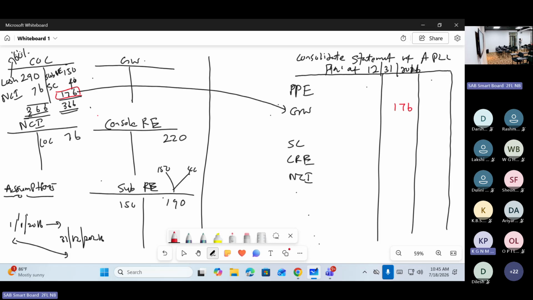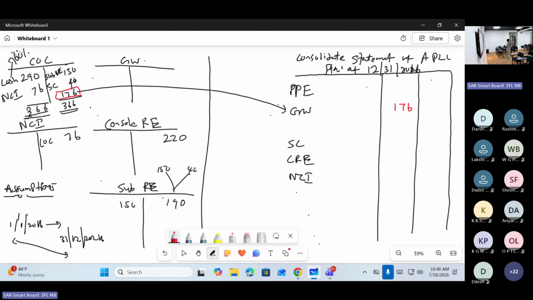Sir, can you please repeat how to calculate NCI 76? Here, the examiner is silent about the NCI value. Right? The question is silent about NCI fair value. Now we are supposed to get